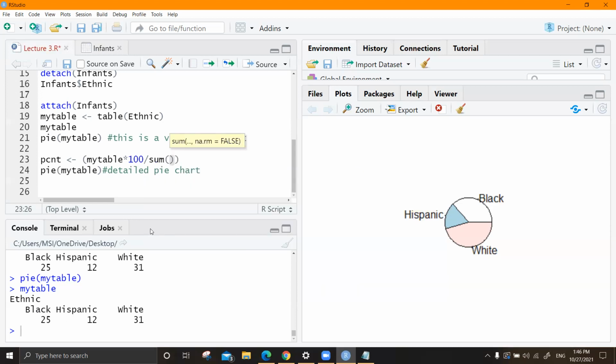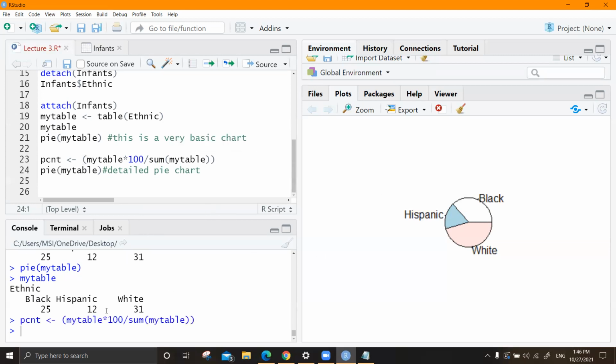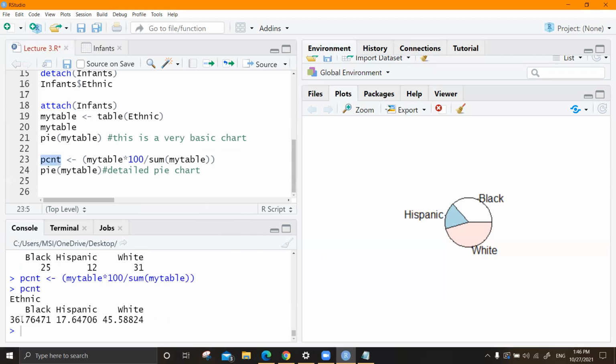You can take sum of my table. When I run that line and when I run this, see, I'm getting percentages. Instead of 25, I'm getting 36.76%. Instead of 12, I'm getting 17.65%. Likewise, instead of these counts, now I have a table with percentages.